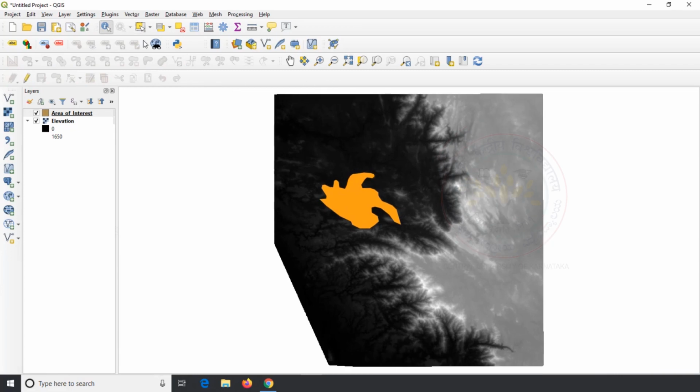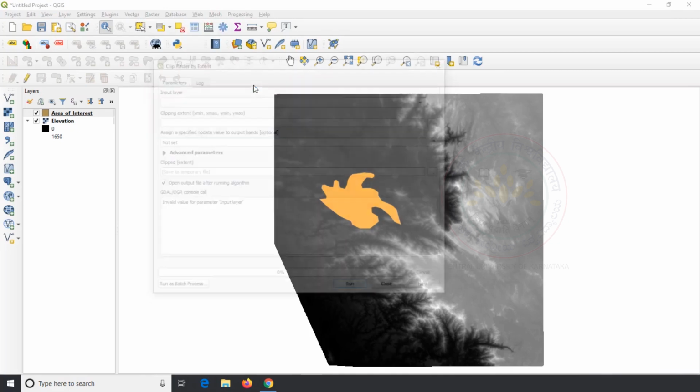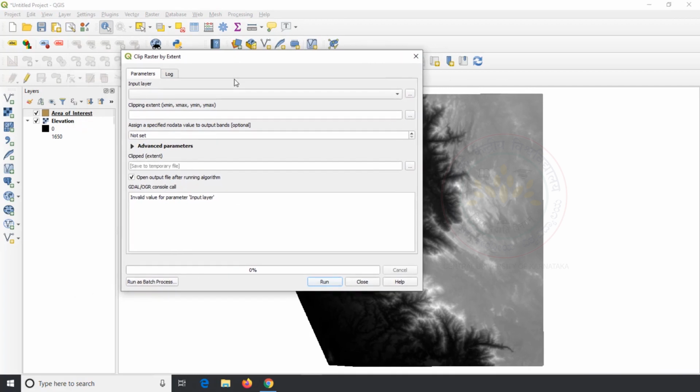Now we will clip this elevation raster using this area of interest vector layer. First we will see clip by extent. To do that, I click on raster on menu bar, then click on extraction and I click on clip raster by extent. On the pop-up window, define elevation data as input data and use area of interest layer as extent.